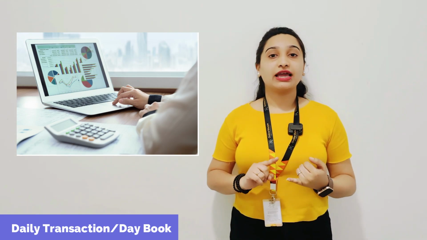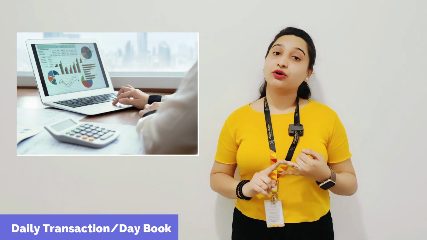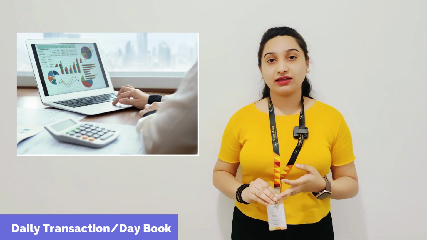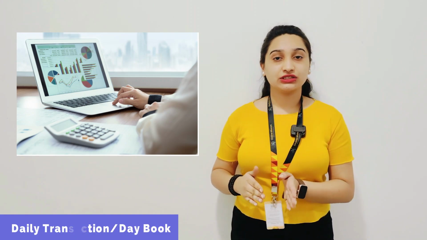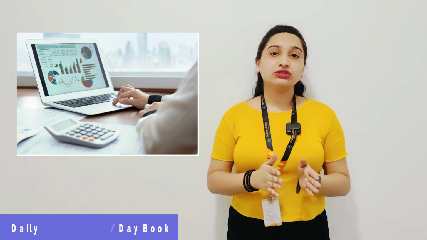So how much cash you have given or received, okay, how much amount you have received in the bank, how much amount you have received in the cash section, in the cheque section. So all those segregated amounts will be stored in that daily transaction book. And with that you will be getting whatever opening you are having, whatever closing you are having. So all those sections will be maintained in the day book only.